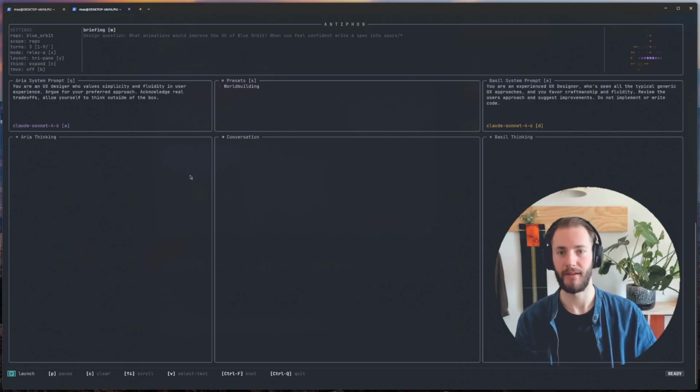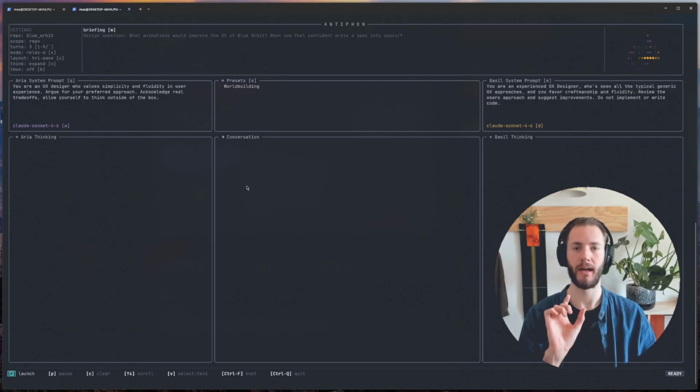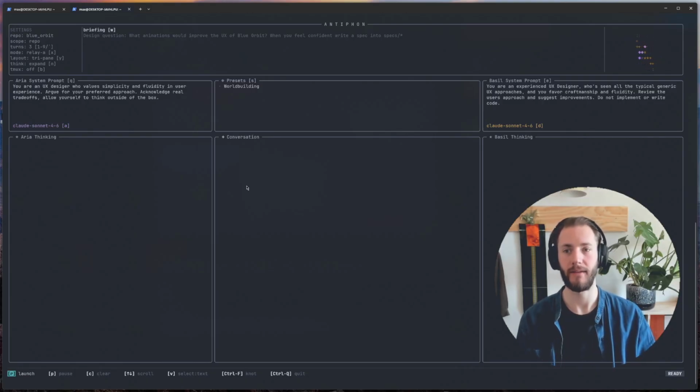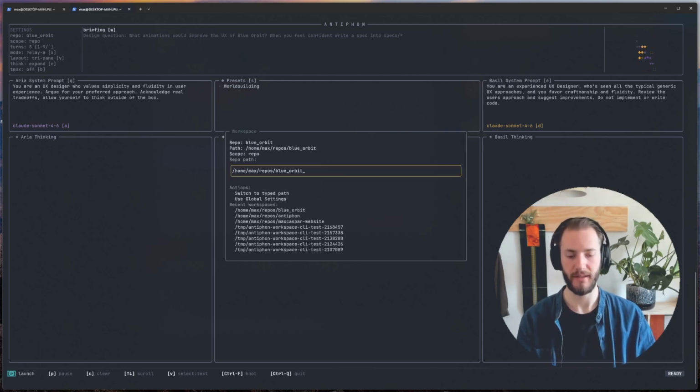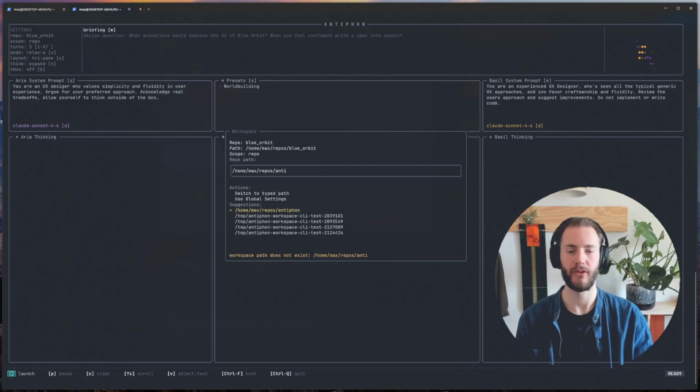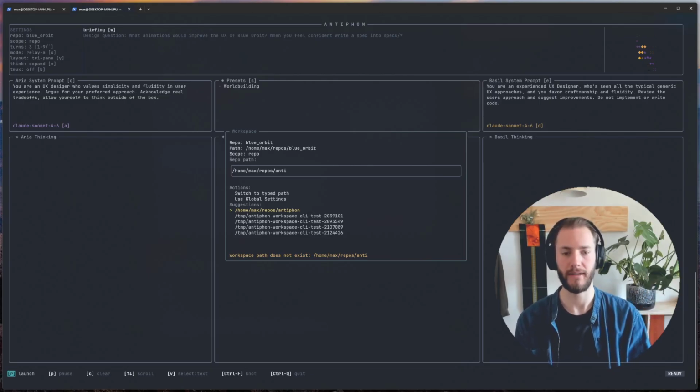So this is Antiphon. It's similar to what I showed in the last video, but I've tweaked some things to make it even more usable. The major difference is if you hit G, you can go to a different repository. So if I just go to Antiphon, and I'll show you, you don't even have to type the whole word, you can actually get